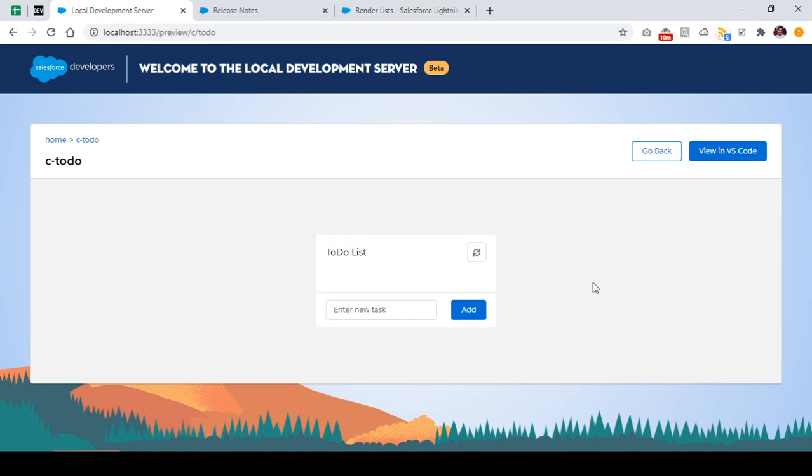So in the next tutorial, we are going to make use of this synchronize button to synchronize the data from my Apex and from my Salesforce. We are going to deploy this LWC component to my Salesforce org, because right now it's not using any kind of Apex. So we'll see whether we can deploy this LWC component into our Salesforce org, and we'll be dealing with the Apex to synchronize the to-do task list for a particular user, right?